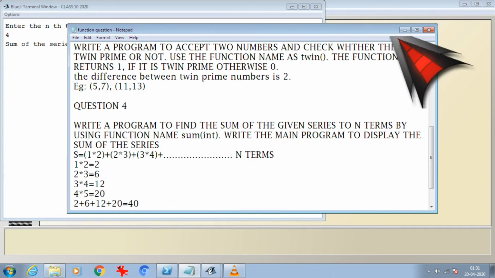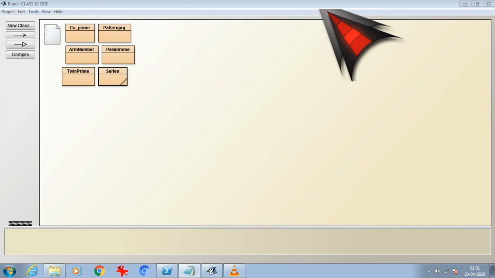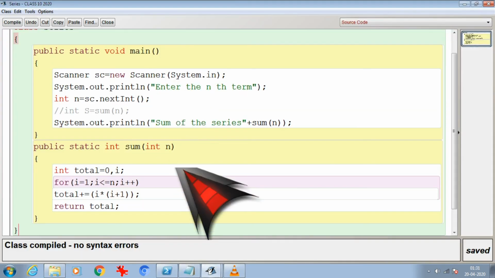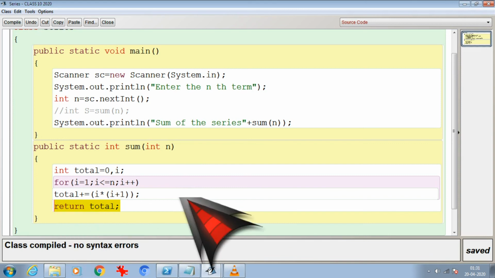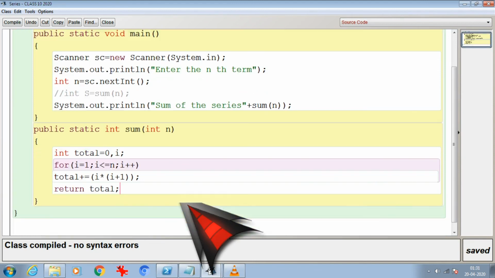I can close it. So in this series I'm returning not 1 and 0, not if else, because I'm just returning the sum. These are the last two programs related to functions using the keyword static.